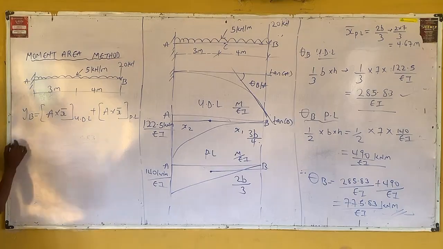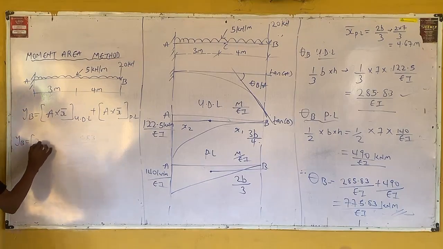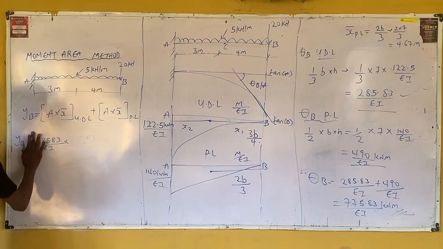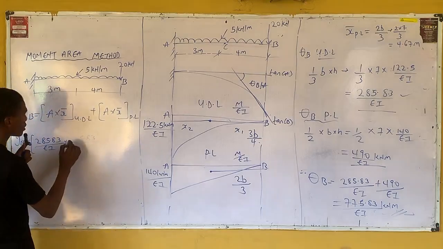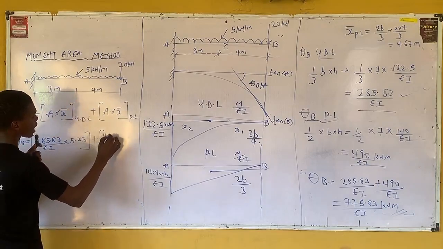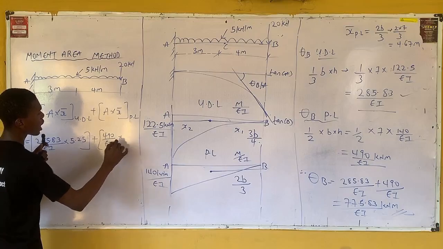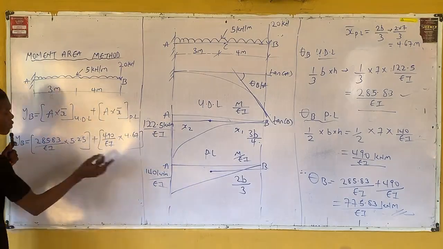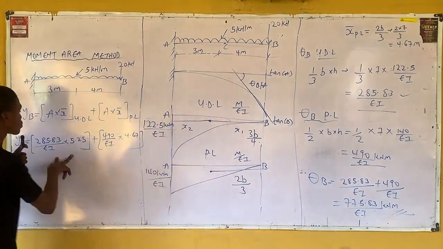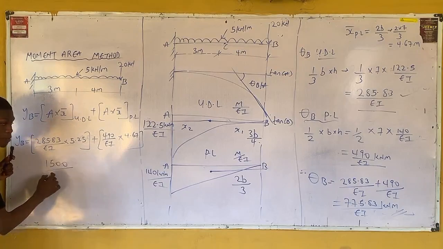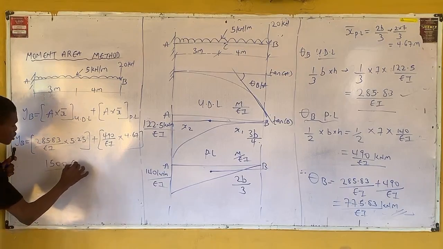What do you have? 285.83 over EI multiplied by 5.25 plus 490 over EI multiplied by 4.67. Get the product of this. For this first one, what's the product? 1500.61